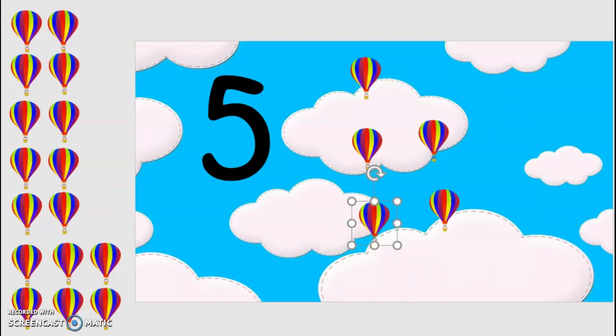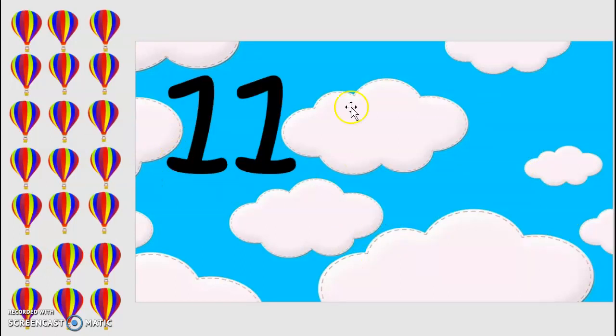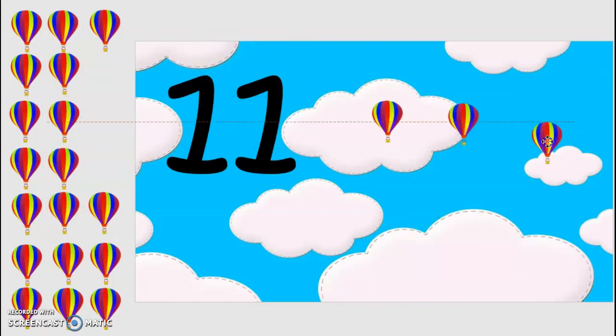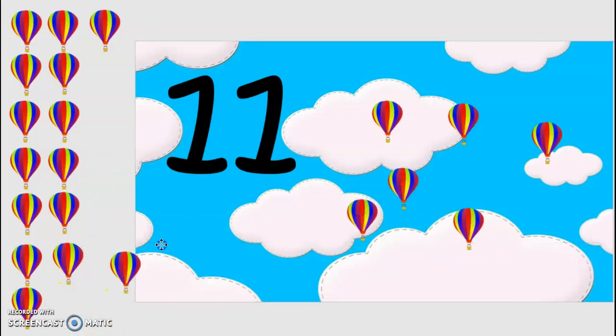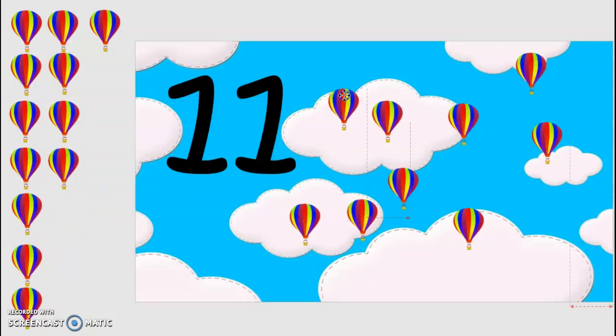Let's try a bigger number this time. All right, so now you can see on my card I have the number 11. So how many hot air balloons do I need? Right, I need 11. Help me count. 1, 2, 3, 4, 5, 6, 7, 8, 9, 10,